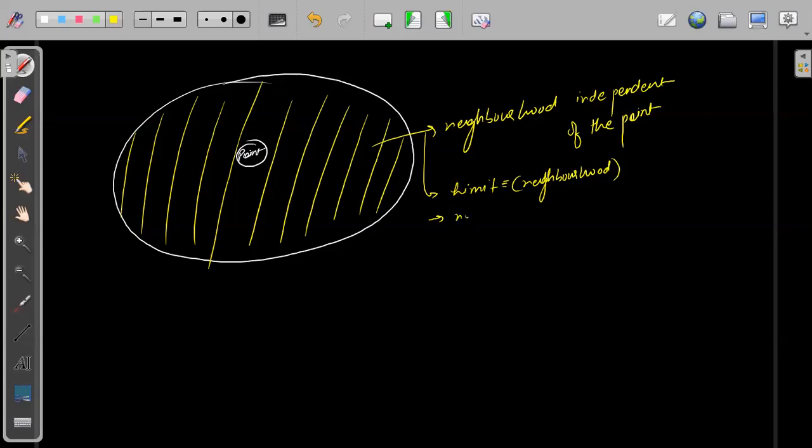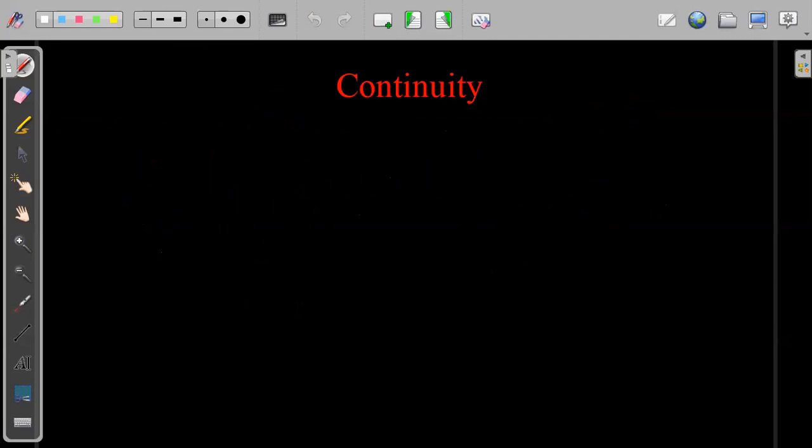We have never used the actual value of the function at that point, whose neighborhood we are trying to find. So this was the first baby step of ours in calculus. When we are talking about functions, first we took the neighborhood of a point. We were not talking about the point. Now the second concept, the next step after limits,